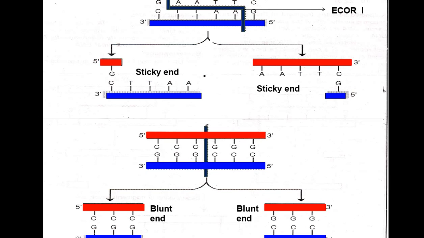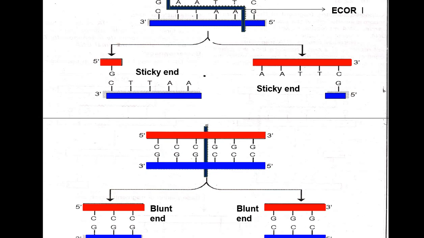If the enzyme cuts in between CG, here also CG, this is the site of action, and it can cut this DNA. As a result, you get two clean double-stranded DNA fragments with no single-stranded nucleotides. So this is called blunt end cleavage and this is called sticky end cleavage.